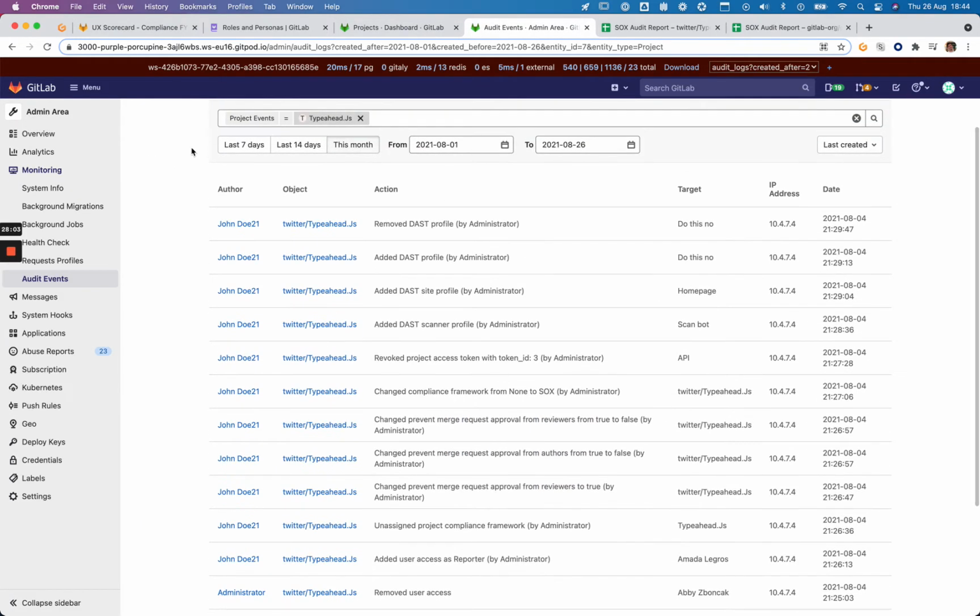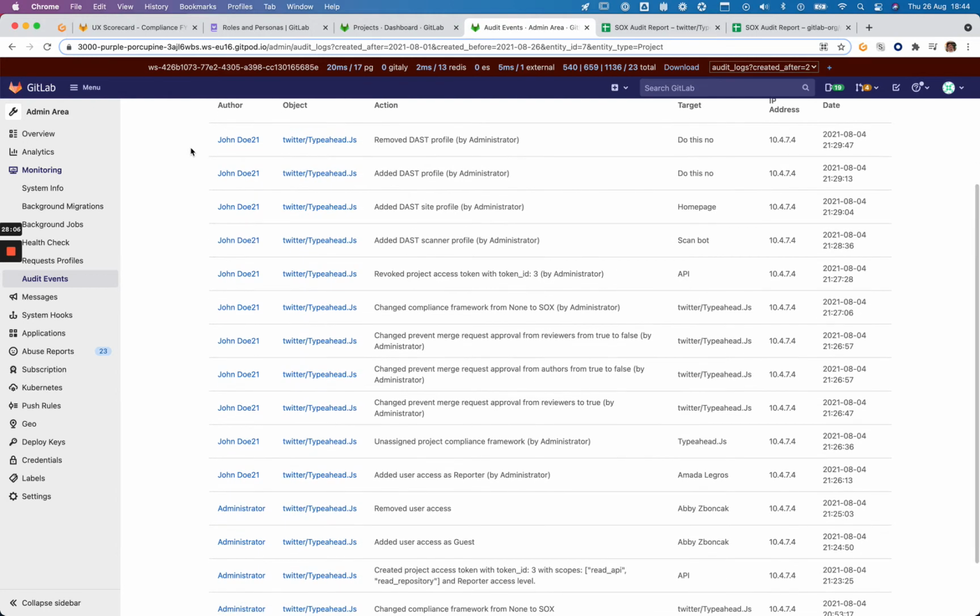And then let's take a quick look here and type ahead.js. So we can see here John Doe 21 is changing prevent merge request approval from reviewers to true, and then prevent merge request approval from authors from true to false, right? So that's reduction of safety, if I understand correctly, right? Because now you are allowing merge request authors to approve their own merge requests, because now